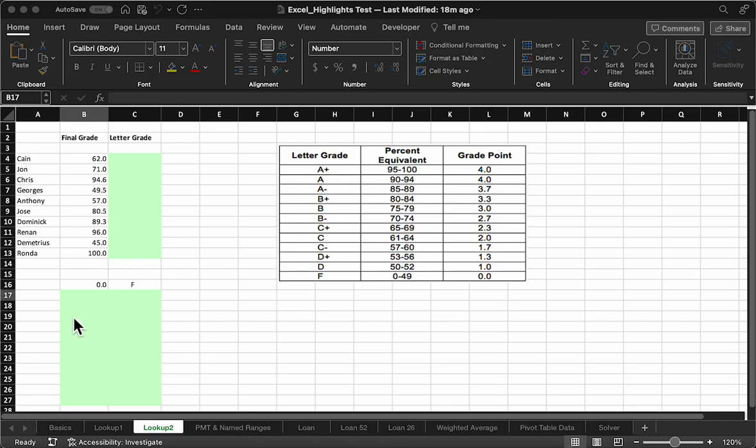Hi there. Here's a slightly more complex XLOOKUP example. For this one, we want to take these numeric grades and turn them into letter grades. To do that, we actually have to build the lookup ranges and the return ranges before we can get to the XLOOKUP function itself. So I'm going to put my cursor here, and I have to build it from smallest